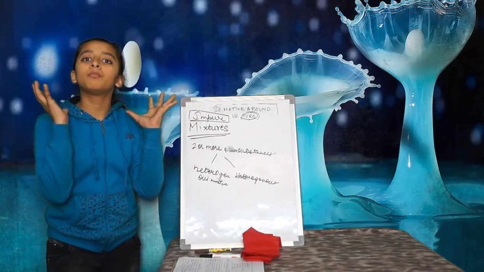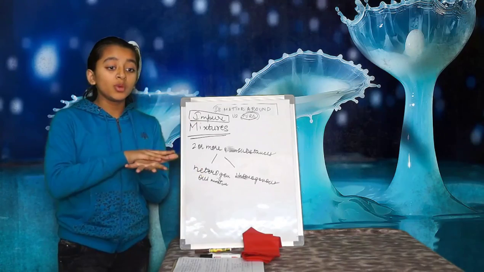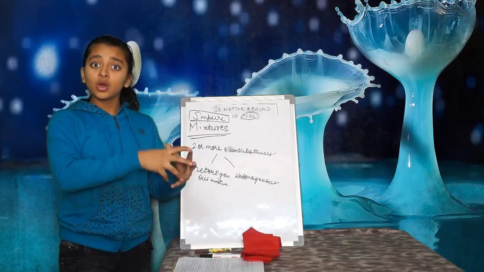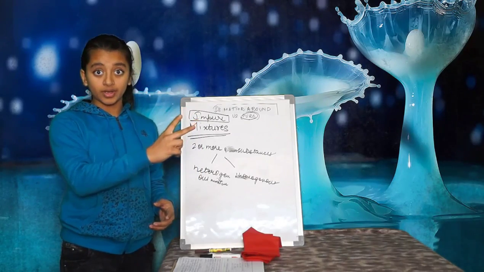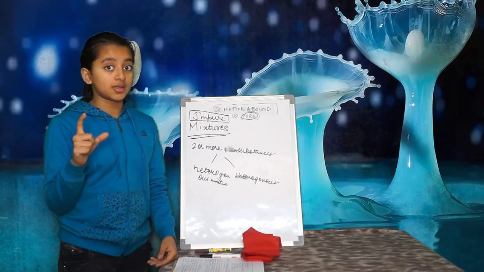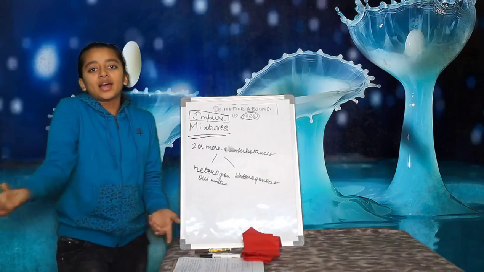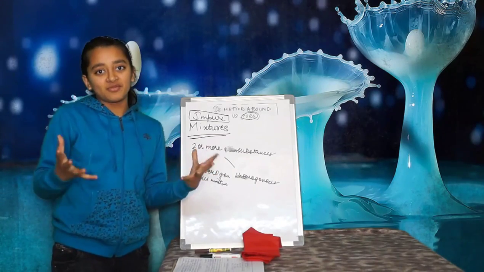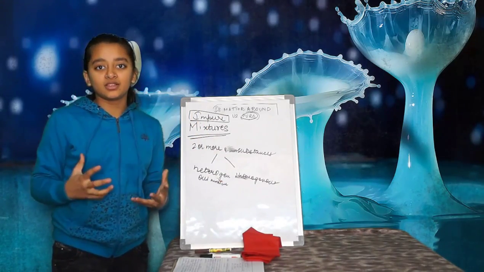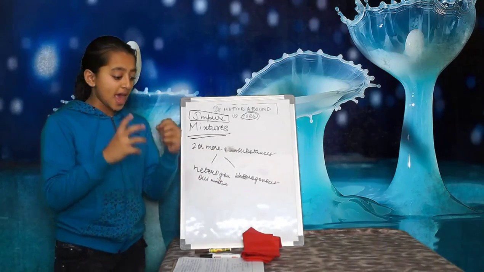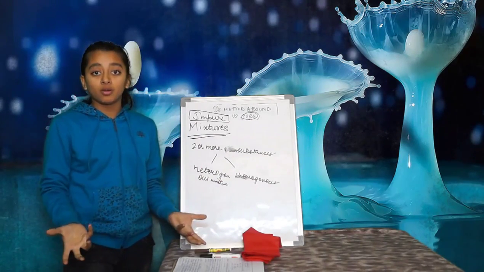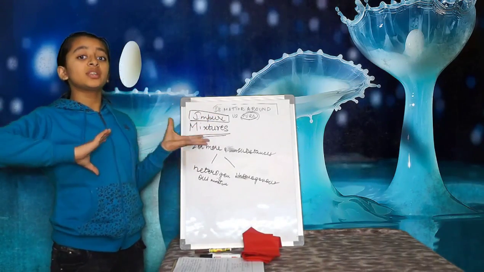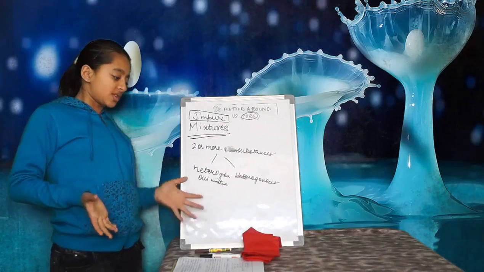But if we talk about a compound, then in a compound you always have fixed composition. Only 2 atoms of hydrogen are going to go in, and only 1 atom of oxygen is going to go in. It's not that you can put 3 atoms of hydrogen and 98 atoms of oxygen and you're going to get the same H2O. It does not work so. So it has fixed composition. And in a mixture it can be variable composition, and depending upon its type of composition only, we have distinguished it between the heterogeneous and the homogeneous one.